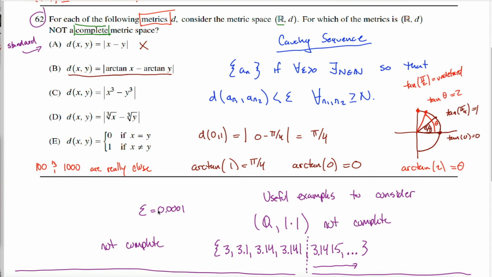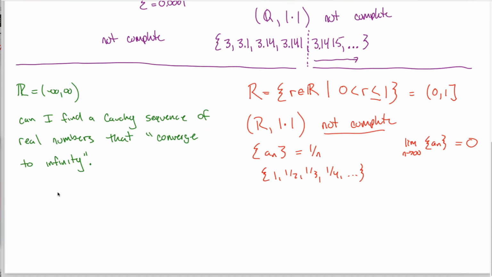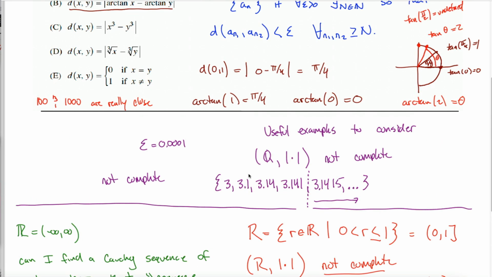Well, we can take advantage of this fact that large numbers are really close to each other informally. All right, I can define a sequence. Let's keep it really simple. Let a sub n be equal to n. So if I index this thing starting from 1, my sequence is 1, 2, 3, 4, 5, etc. This is my Cauchy sequence. And you're like, no, this can't possibly be a Cauchy sequence.